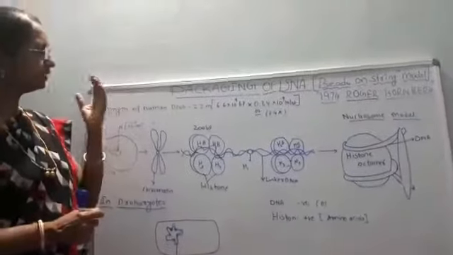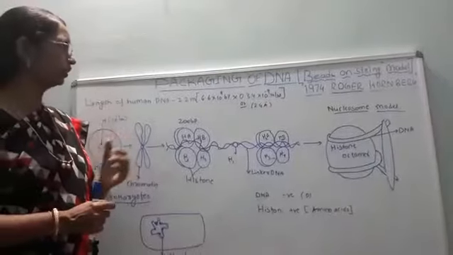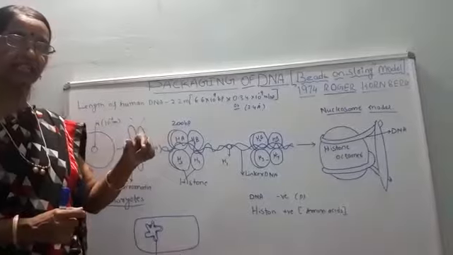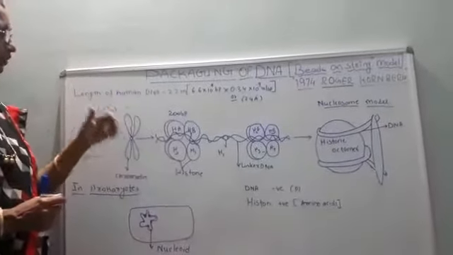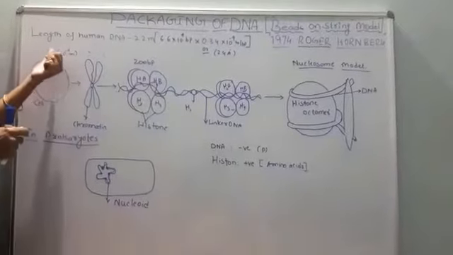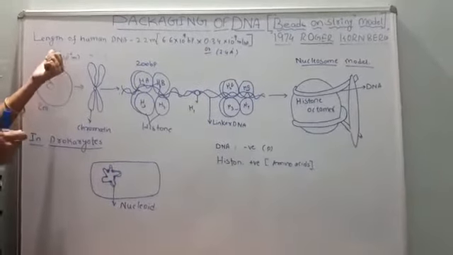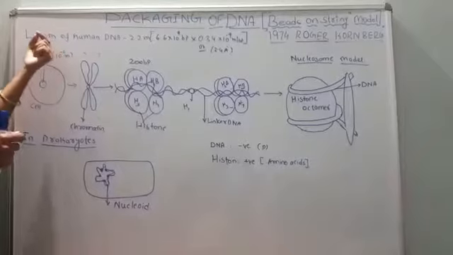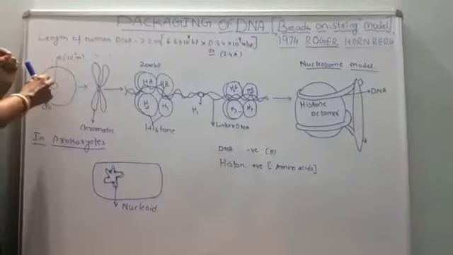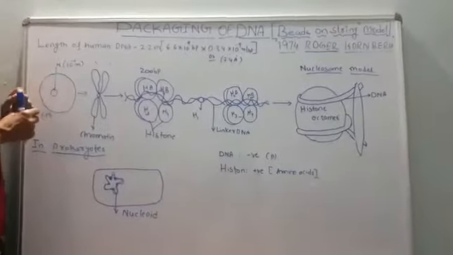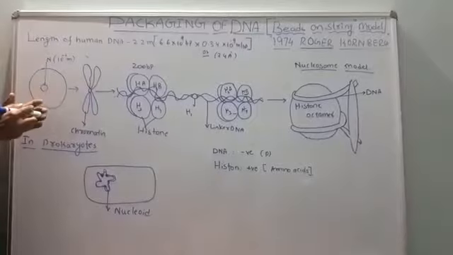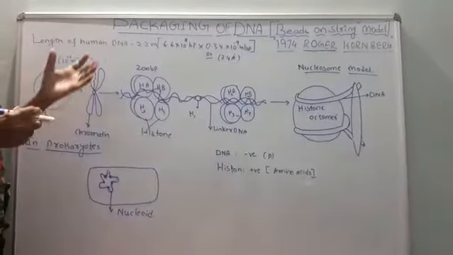So when the DNA is such a long molecule, it is found within the cell, within the nucleus. As we know, the nucleus size is hardly about 10 to the power of minus 6 meter. In such a small nucleus, such a long DNA, how is it packed, how is it accommodated in the nucleus? That is very strange. So let us understand the packaging of the DNA in detail.